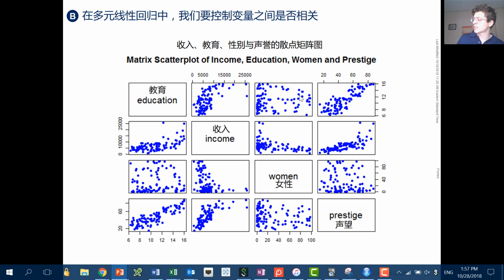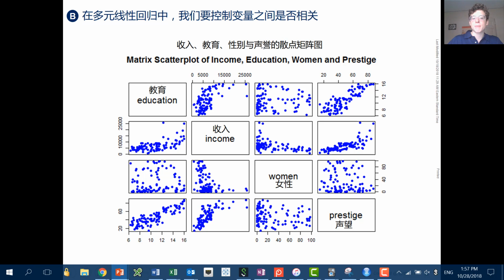And that's useful because when we're looking at variables that are correlated. So for example, prestige and education are very strongly correlated right here, as you can see. That means that the effect of education or effect of prestige might actually be an education effect. So just because you have a cool job doesn't mean you might make more money. It might be because if you have a prestigious job, you actually got more education. So one of these factors might be the explanatory factor, and the other is not.